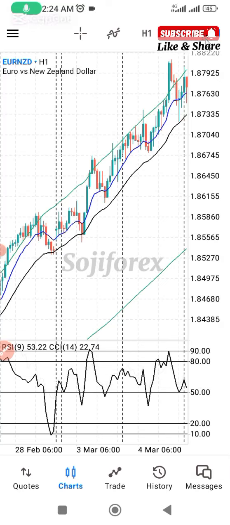Hello guys, in this lesson I'll be sharing with you how you can make your entry confirmation using the candlestick closure. And in this video we are looking at two particular patterns of candlestick closure. The candlestick closure we are looking at is the bullish engulfing candle, which is generally the engulfing candle, and the hammer